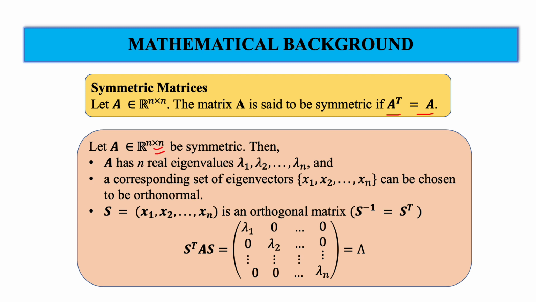Now one can show that a symmetric matrix has real eigenvalues, lambda 1, lambda 2 to lambda n. Corresponding to these eigenvalues, I have chosen a basis which is orthonormal. If the eigenvalues are distinct, then I can show that the eigenvectors are